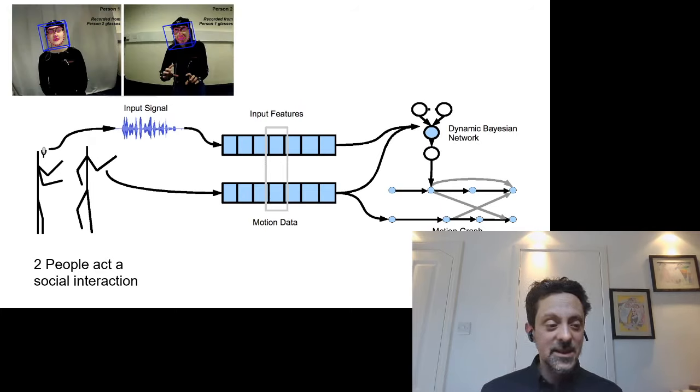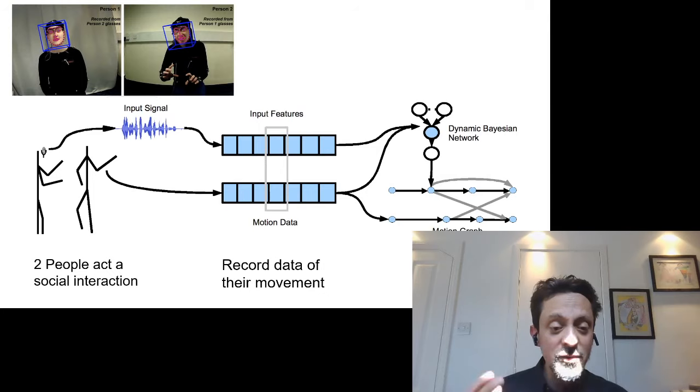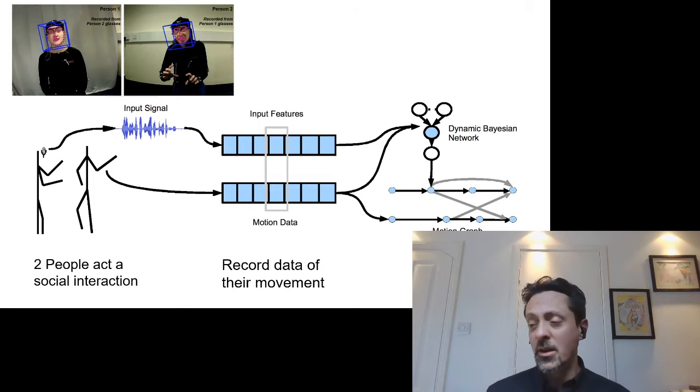And this is an example of some work we're doing recently with the Institute of Cognitive Neuroscience, Antonia Hamilton at University College London, of recording really rich data about a conversation. So we can see here we're recording their facial expressions, we're motion capturing their body movements, we're recording their audio, what they're saying, just with an ordinary microphone, and they've got eye tracking glasses on, so you can see where they're looking. So we record data of their movements, and what we do is we synchronize those movements. So we put them together so that we know what one person is doing